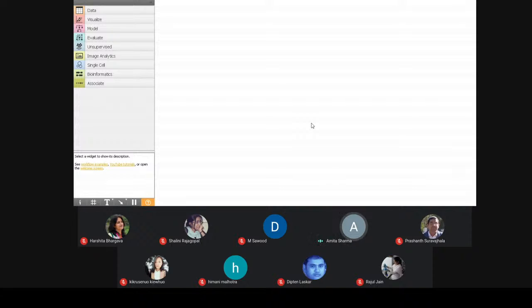When you install Orange and use the shortcut, you're going to open Orange. The interface would look something like this, in which you're going to find some menus. The menus are file, edit, view, widget, options, and help. The rest of the important widgets are data, visual, model, evaluate, and the rest, which you can see on my screen.